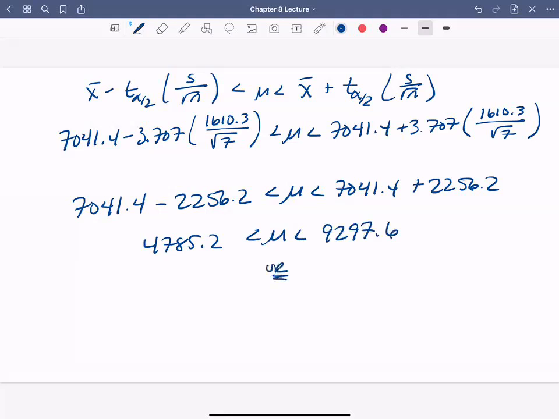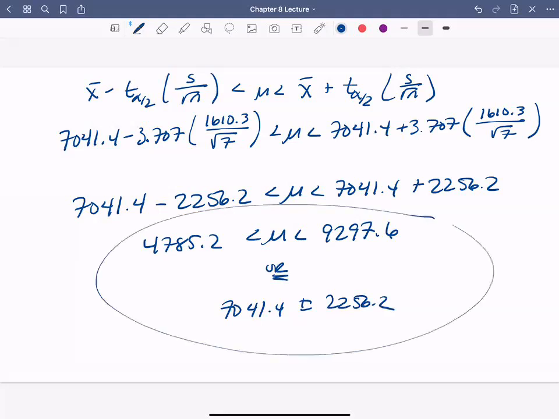Or we could say 7041.4 plus or minus 2256.2. What does this mean? If you look back, remember, this is the 99% confidence interval for the mean number of home fires started by candles each year. So we would say that in successive years, the average number of home fires started by candles will be between 4,785.2 homes and